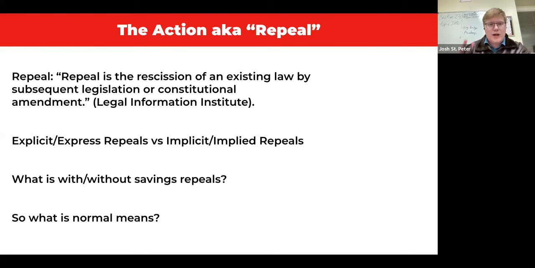And in that, there's two different types of repeals. And I use different terms for each of them. There's explicit/express repeals, where explicit and express would be the same, and then implicit and implied are the same. But the main idea is that if something is explicitly repealed, it's meant not only to get rid of the law, but it will say in direct terms that the original law is going away. So there would be an actual action that says Section 230 is going away.